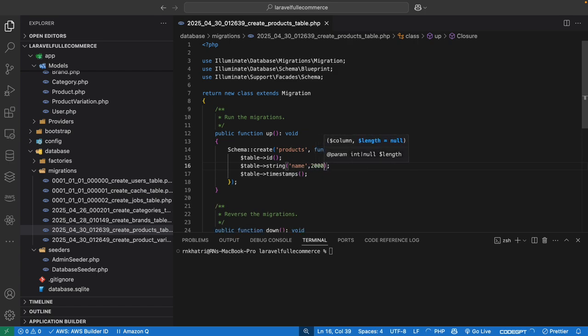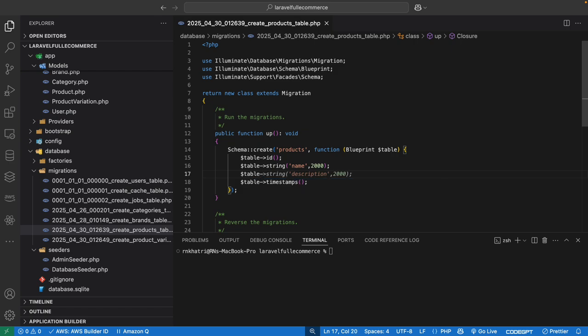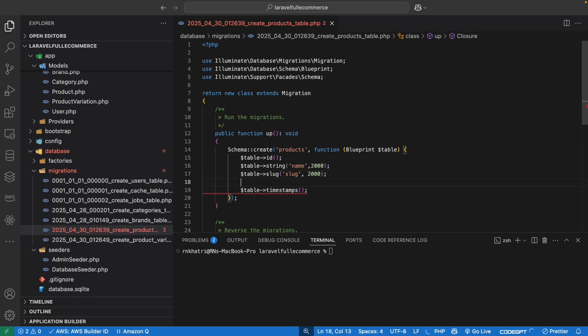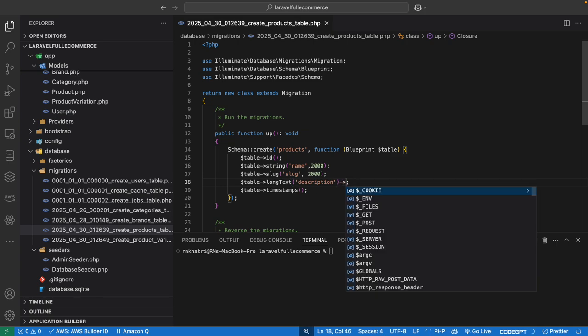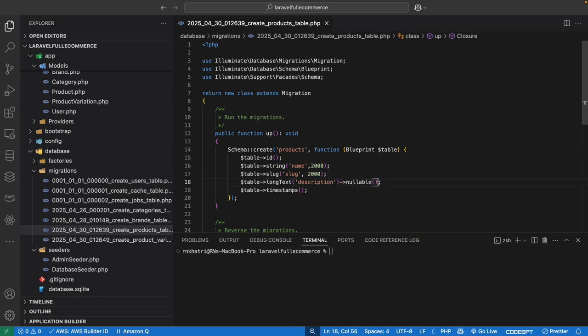Name is 2000 characters, and then slug. Okay, slug 2000 characters. Same, let's add description, the long text. Okay, this is nullable, accepted,